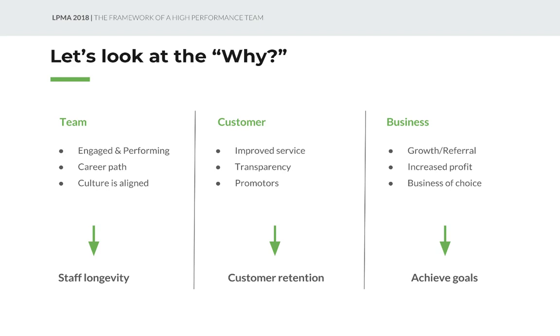So the second one is we have a look at the customer. The byproduct of having a high-performing team is they're obviously offering a much more improved service to your owner, and that becomes a lot more transparent as well, where property managers' systems and their procedures are all pro-owner or pro-client. So that becomes a lot more transparent. These clients then become promoters of your business. Okay, so they're actually talking to other people about your business,